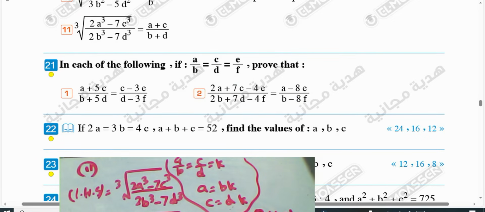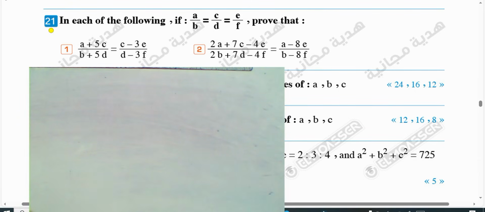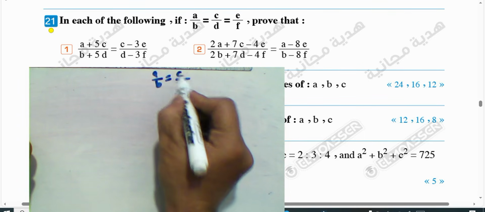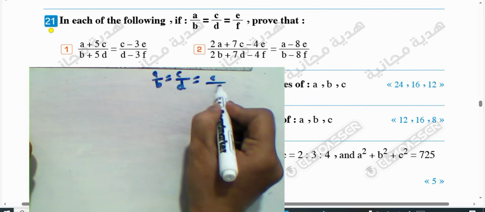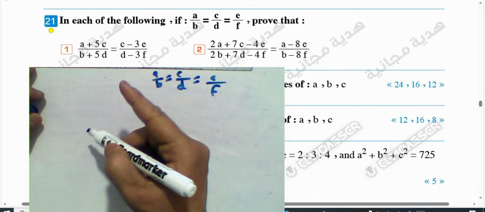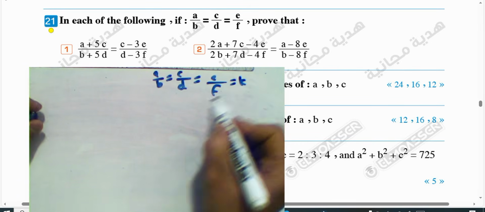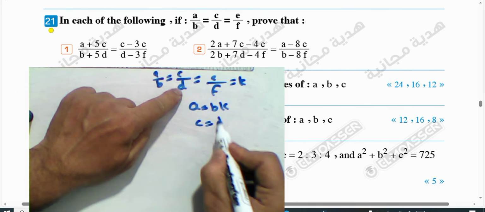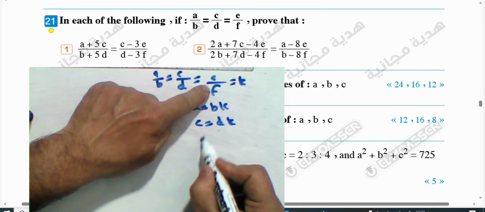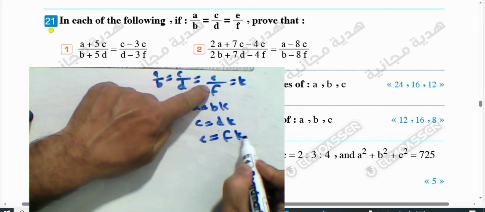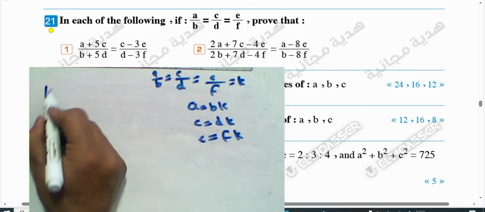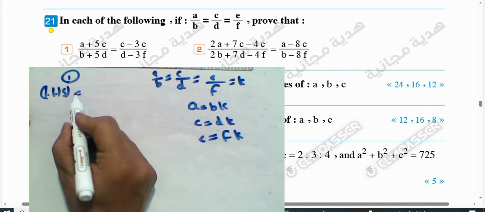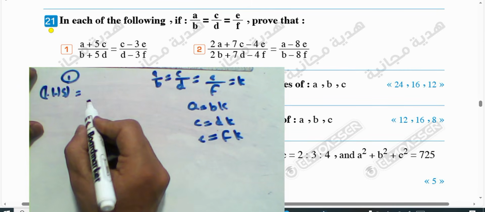Next question. Question number 21. If A over B equals C over D equals E over F, prove that left hand side equals right hand side. We will put here constant K. The value of A equals BK, the value of C equals DK, and the value of E will be equal to F product by K. Start from the left hand side. This is question number 1. Left hand side here was A plus 5C